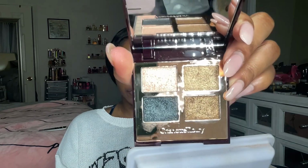Okay, so for my eyelid today, I don't even really know exactly what I'm gonna do for my crease. All I know is I wanna use this Charlotte Tilbury Dazzling Diamond Luxury Palette of Pops. I love this palette, and I already knew that I wanted to use it for New Year's Eve because I really wanna put this shadow all over my lid and then on my lower lash line for this really smoked out, sexy, sultry type of glam. So I know I'm gonna be using that on my lid, but I'm not really sure what I wanna do with my crease. I don't know if I wanna just go in with a brown and keep it simple, or you know what, I'm gonna